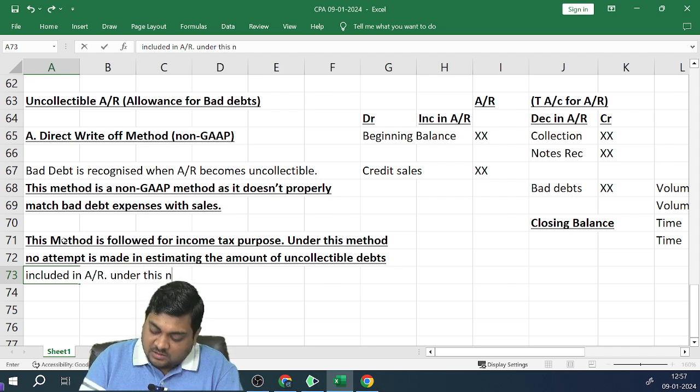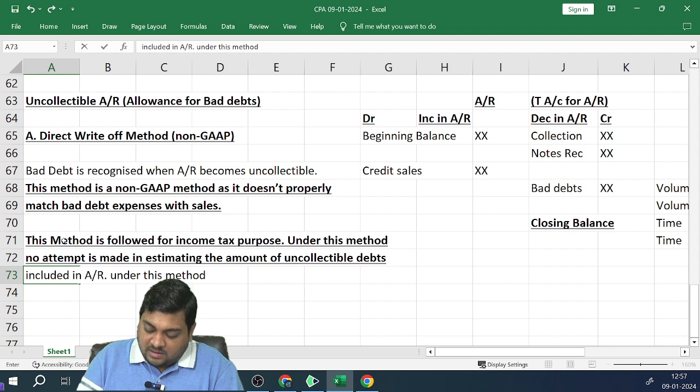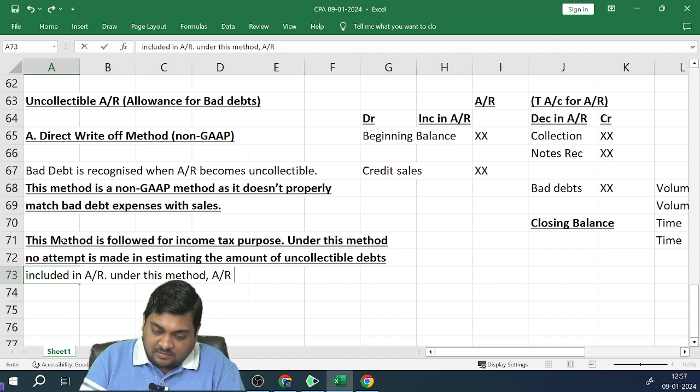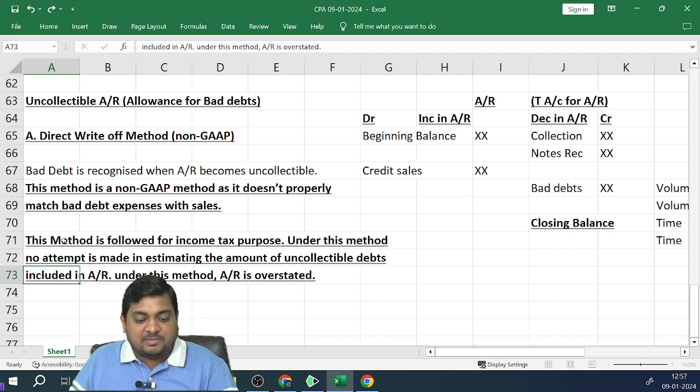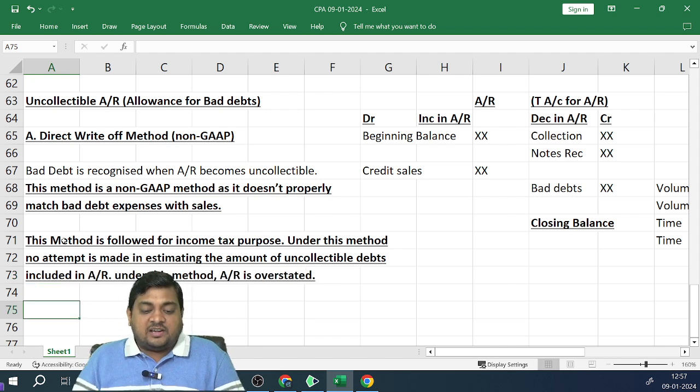Under this method, accounts receivable is overstated. इस मेथड में अपना अकाउंट्स रिसीवेबल ओवरस्टेटेड रहता है, राइट? So